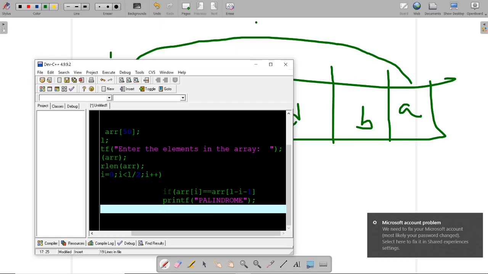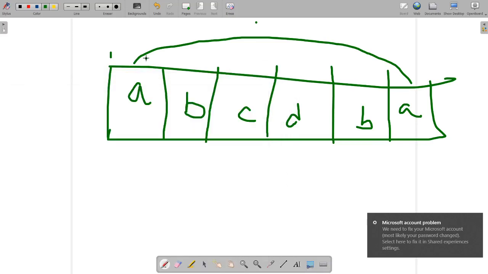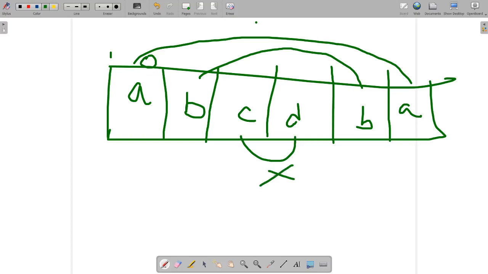When it is ARR of I, in the first loop I is 0, so this will compare to this, and this is equal, so it will directly show palindrome, but it will be wrong, because the string is not a palindrome.